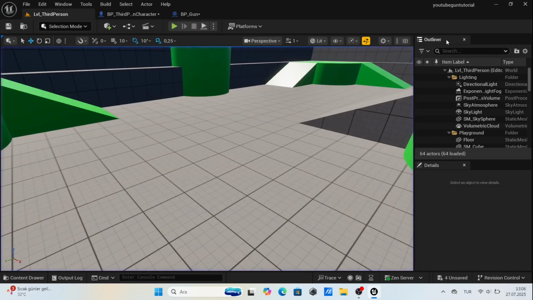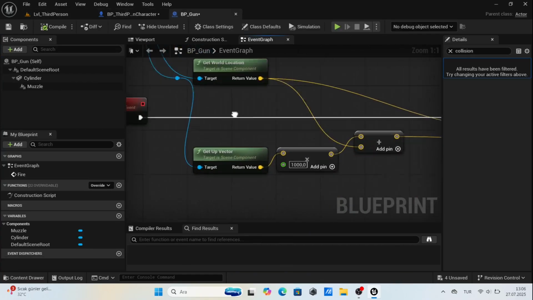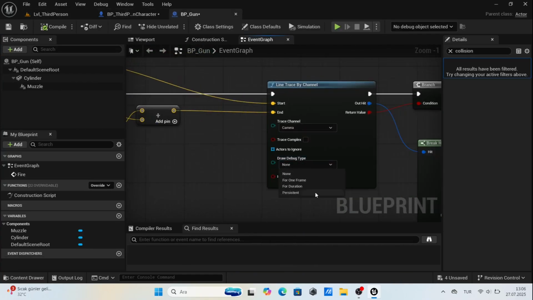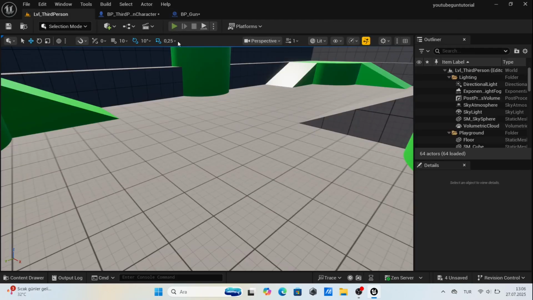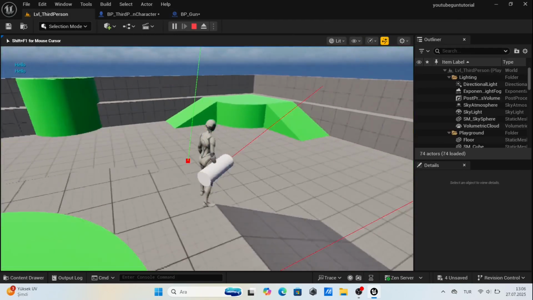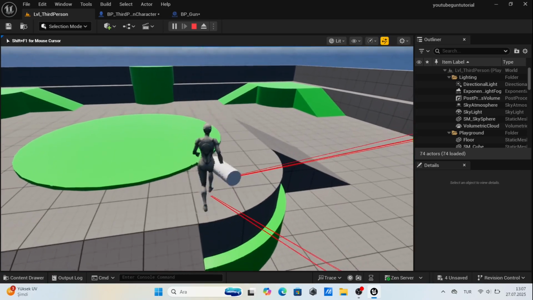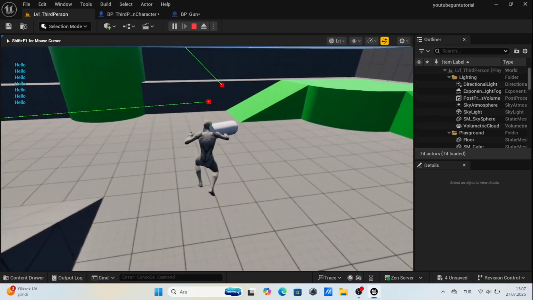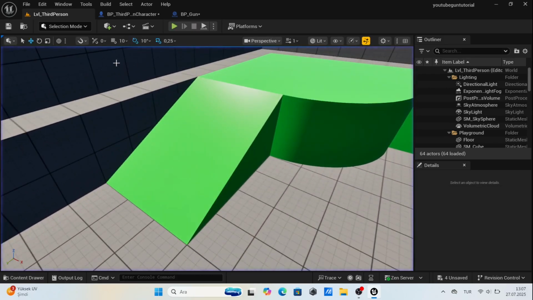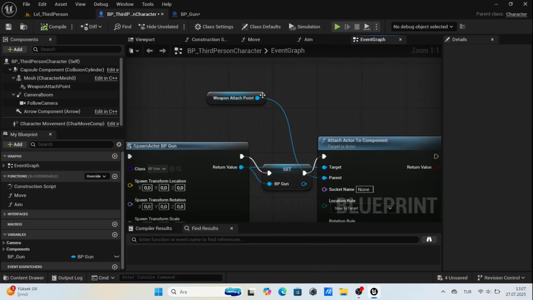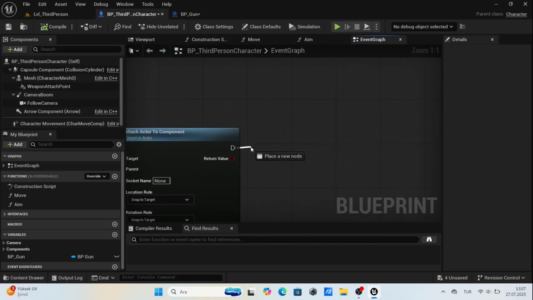Let's debug what's going wrong. Head over to the BP third person character, where the line trace is fired. In the draw debug type, select For Duration. That way we can see the trace and where it's going. Now you will notice the trace hits our own hand or face. To fix that,